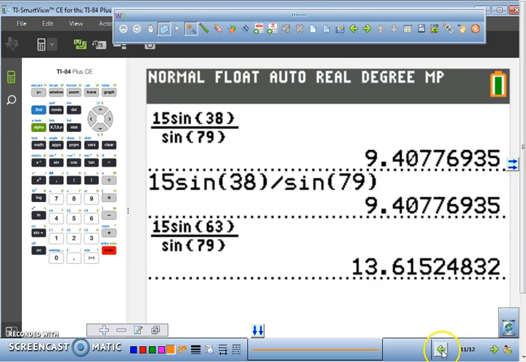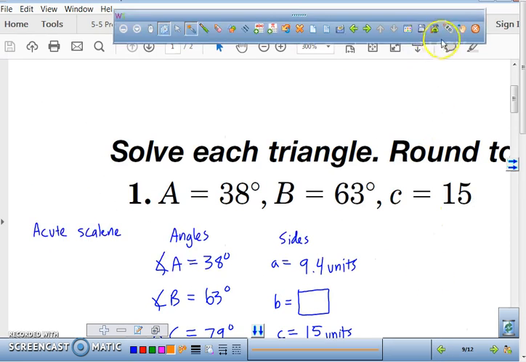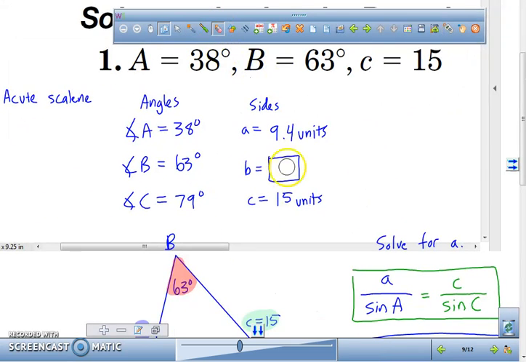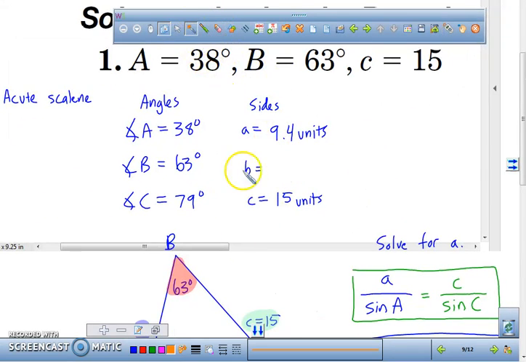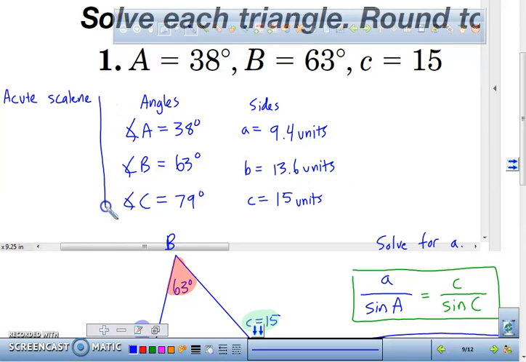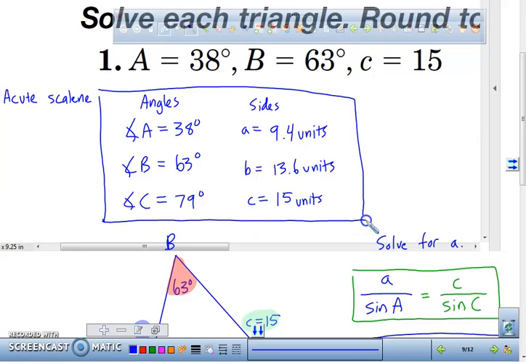So I'm going to take 13.6. Erase this right here. I'm going to write in 13.6 units. And once again, remember, when I ask you to solve each triangle, what am I looking for? All three angles and all three sides. You can use the law of sines to find the missing sides and angles. We'll worry about angles later, but right now we're worried about finding missing sides of